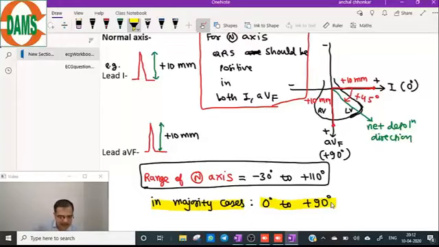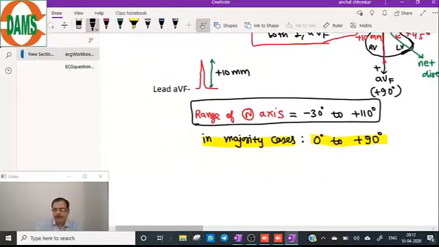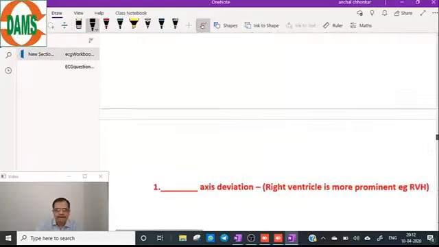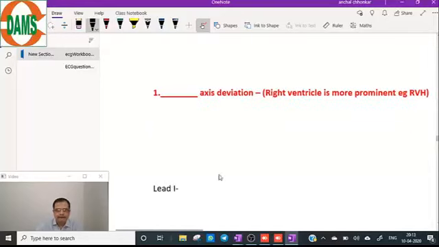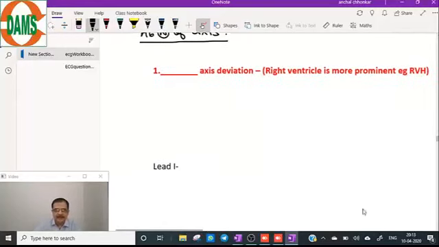Now coming to the abnormalities of axis. So abnormalities of the axis. Number one abnormality is